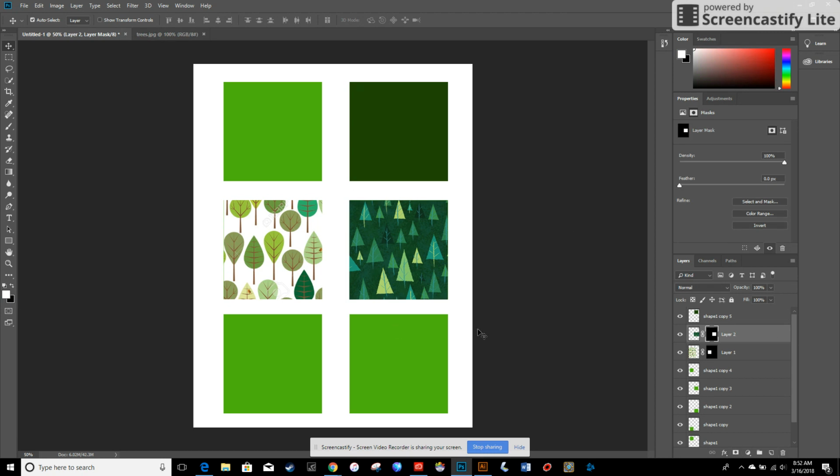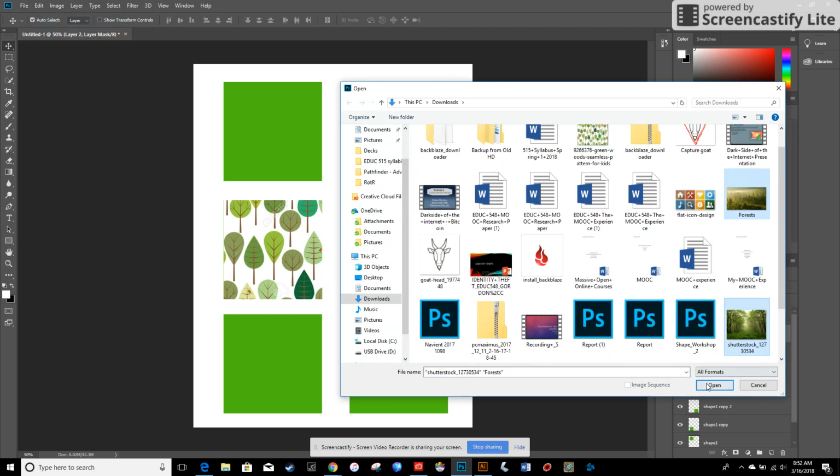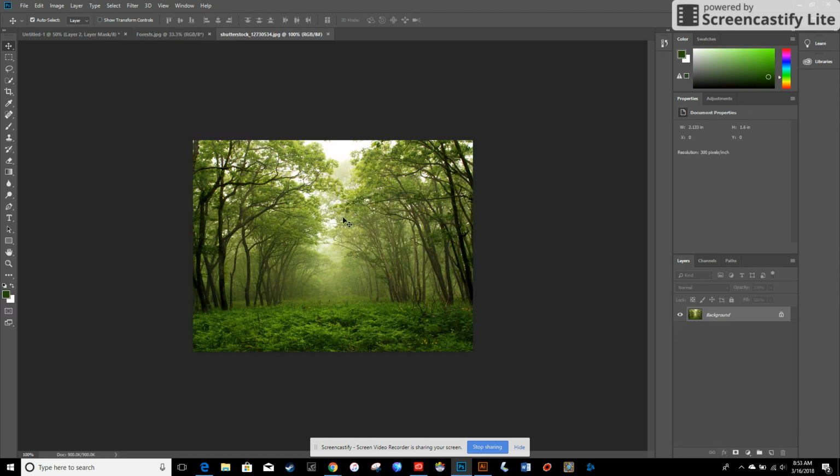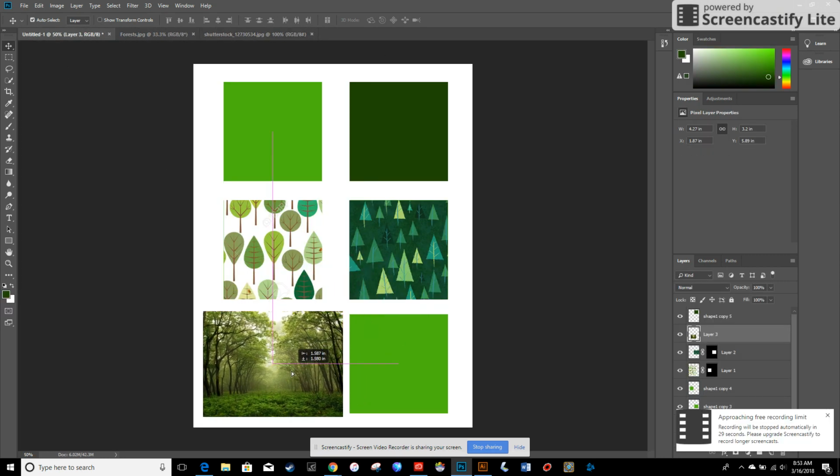Remember, Control Z is your friend, or Control Alt Z to undo mistakes. So if you do a mistake, you're like, oh crap, how do I go back? Control Alt Z and keep doing that until it fixes your mistake. So you're going to keep doing this, opening up your different files. Now I'm going to do my 2 photographs, and I can Control click them both and just open them simultaneously for time's sake. Drag those into my working file, put it in position,